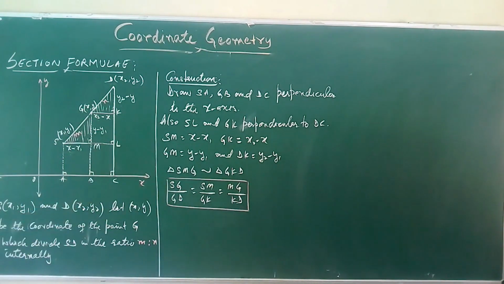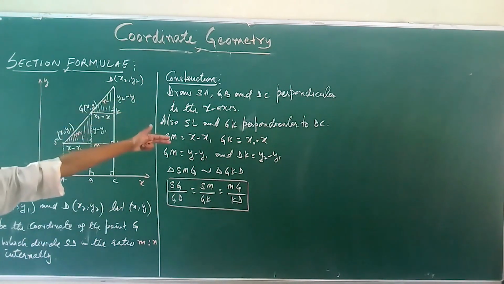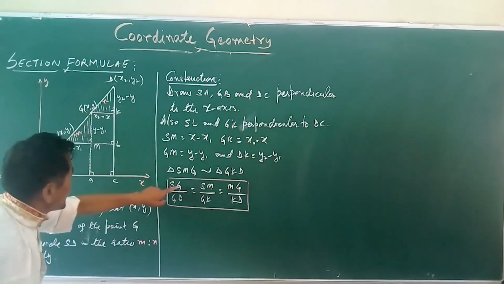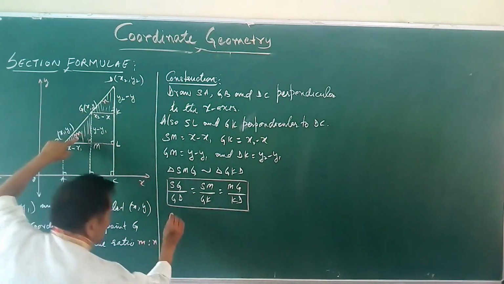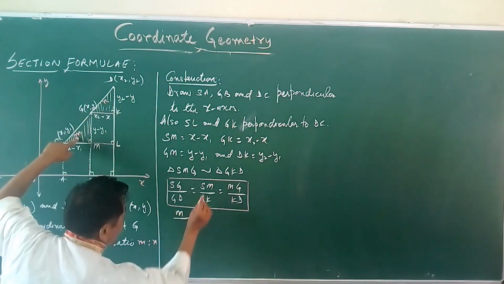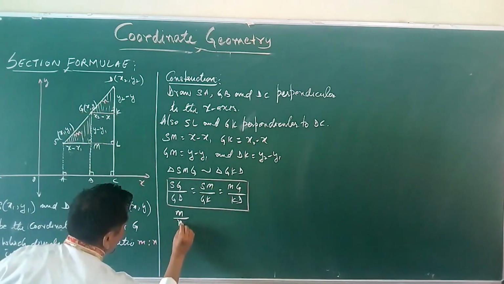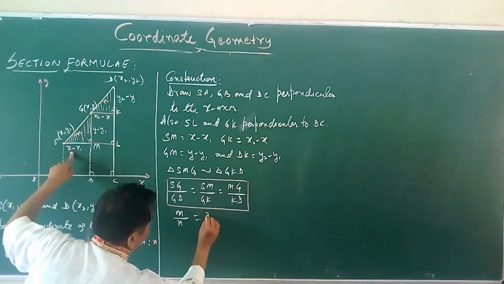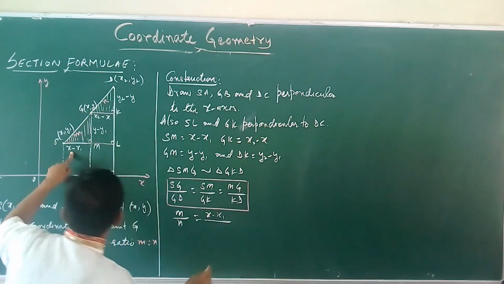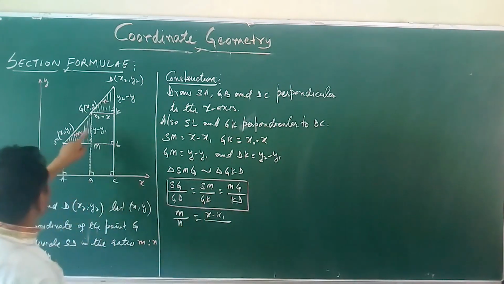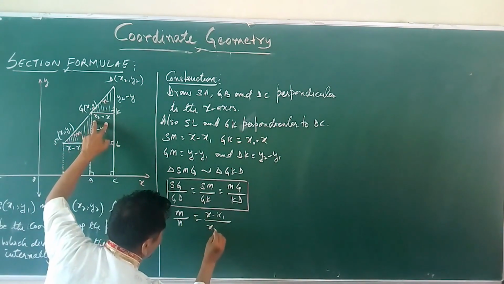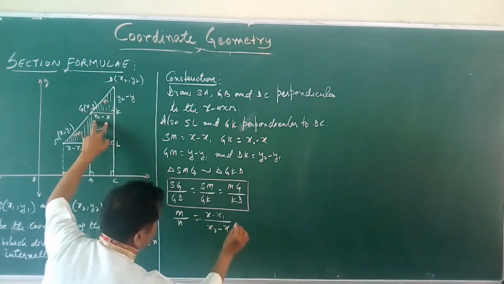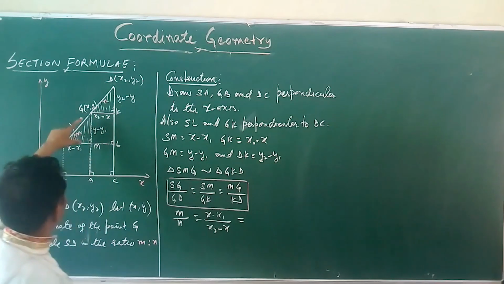So M to N, divided by, and equal to SM and N. So x minus x1 divided by GK and N, x2 minus x, which is also equal to